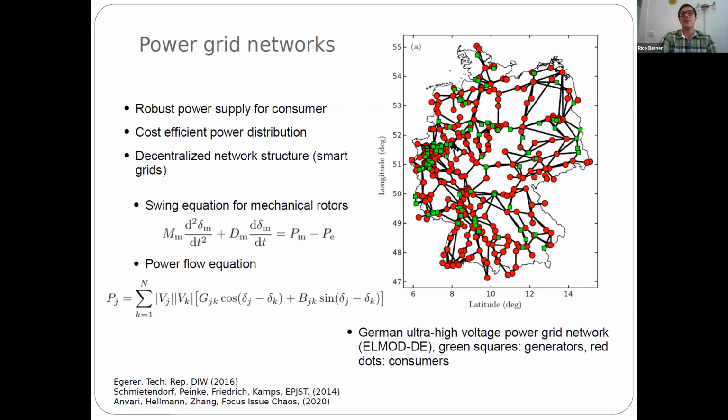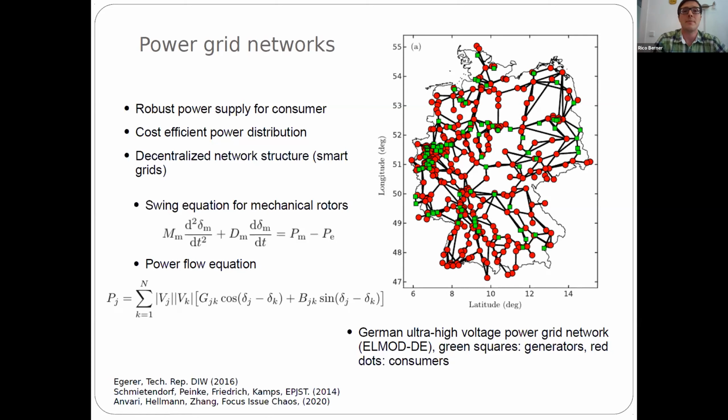And what we want to have as a consumer, of course, is a robust power supply, and this is achieved by a synchronous solution of the dynamical system behind this power grid. Of course, as the provider, you would like to have cost-efficient power distribution, and also you would like nowadays to deal with renewable energies and go away from a centralized system to a decentralized system, where you have smaller power plants